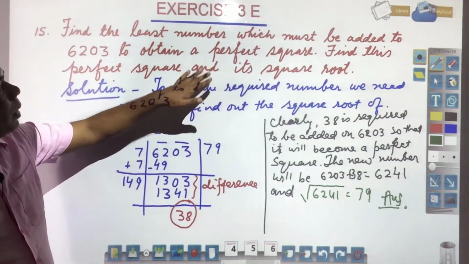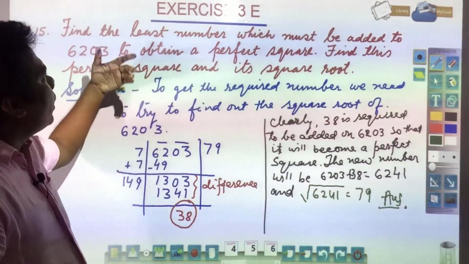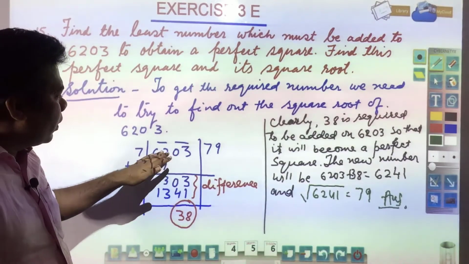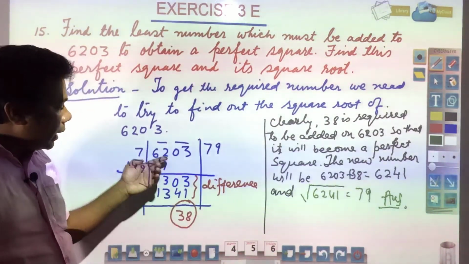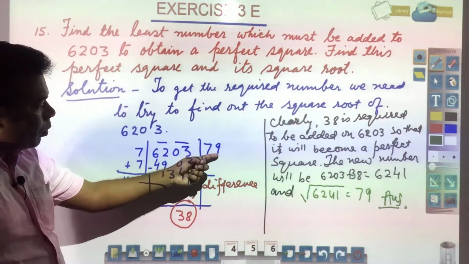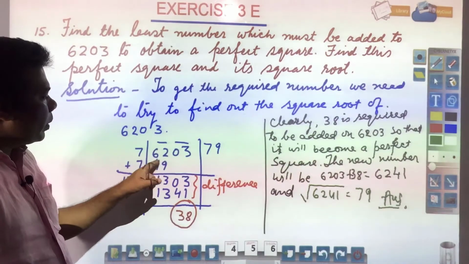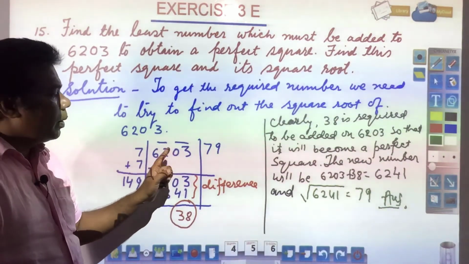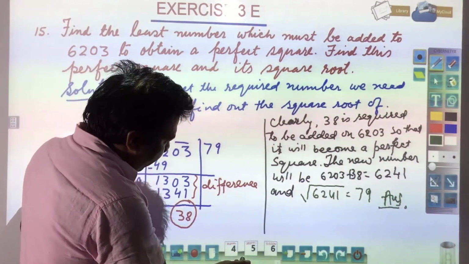So if any number is required to be added, you need to find out what number is required to be added on the given number so that it will become a perfect square. What we need to do, at last we need to take one more time and find out the difference. This difference is required to be added on this number so that it will become a perfect square. Next number you see,